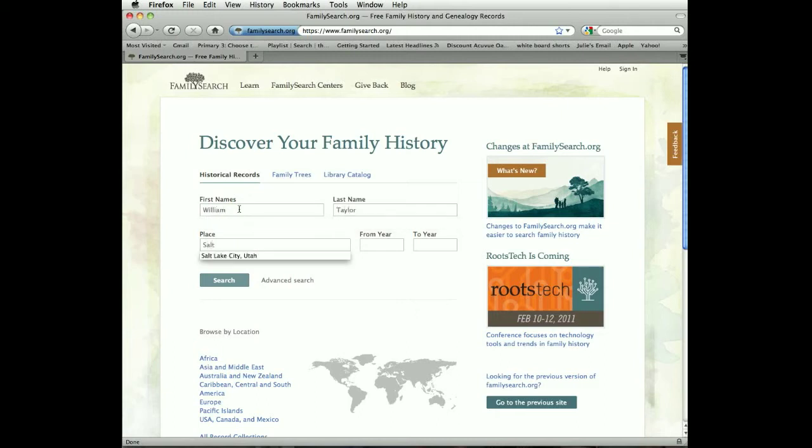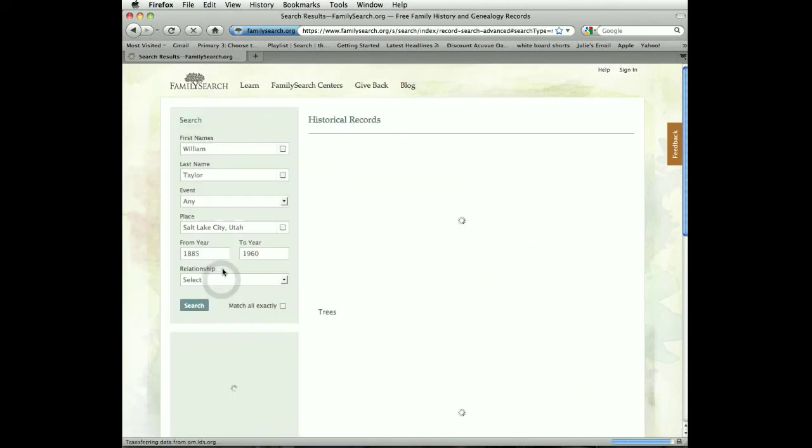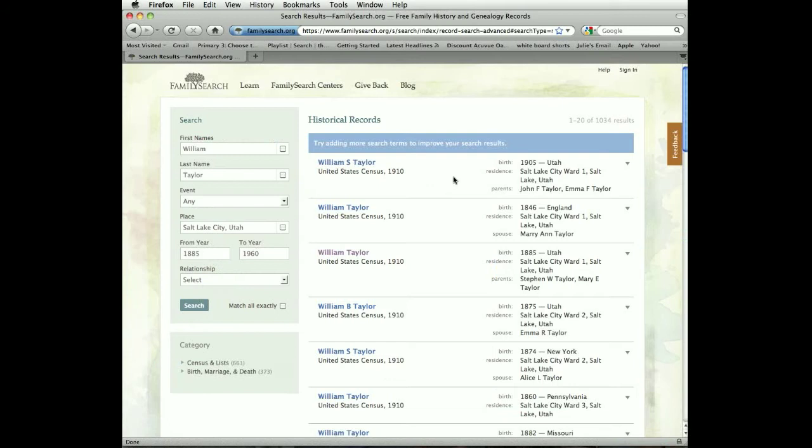We know he was born in Salt Lake City, Utah, and we're going to say 1885. He probably died somewhere around 1960, and we'll do a quick search, and we discover that there's a number of William Taylors. Here's one in 1885 that's possible. His parents were Stephen W. Taylor, Mary E. Taylor. If we click on him,